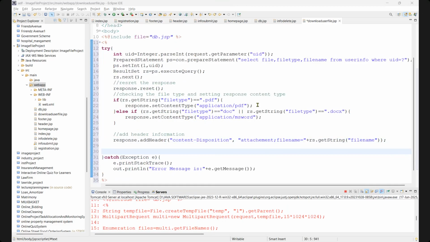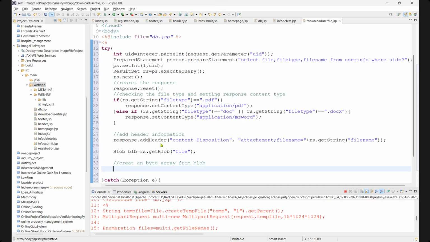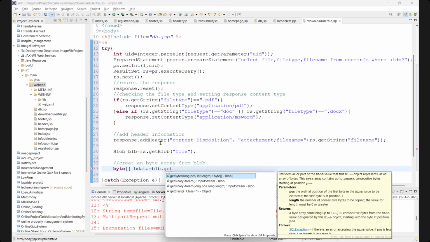After adding that header information, we need to create the byte array from that blob. So we need to retrieve that blob first. For that we use Blob blb equals rs.getBlob of, where it is in the file column, right? So whatever the file we have. Now we have retrieved the blob. Then we need to create a byte array from the blob. How can we create the byte array? We have byte array b data equals to